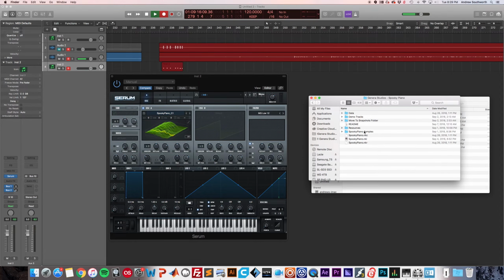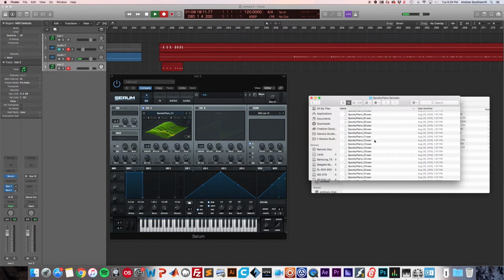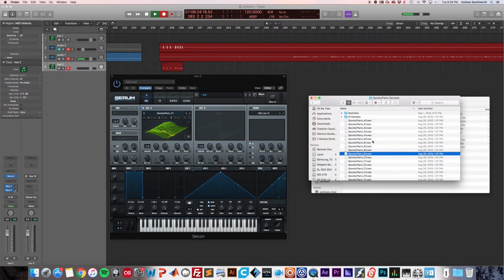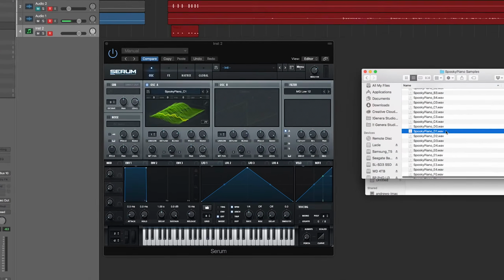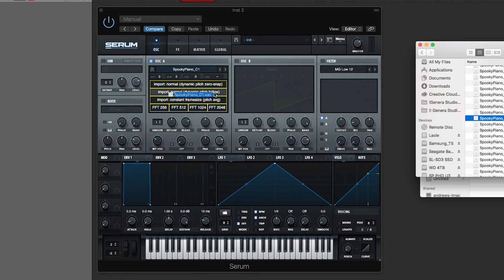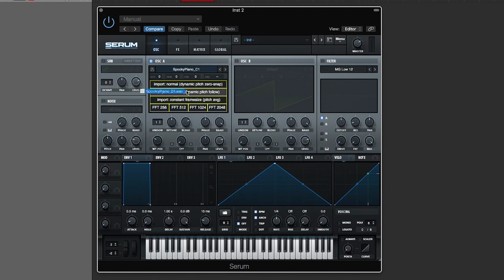So I'll go in my spooky piano instrument, and I'll grab a different sample just so I don't get any weird file issues. Let's do D. I was using C1, so let's do D1. And here you get some interesting things. I've never played around with which ones of these do which, so I just do import normal dynamic pitch 0